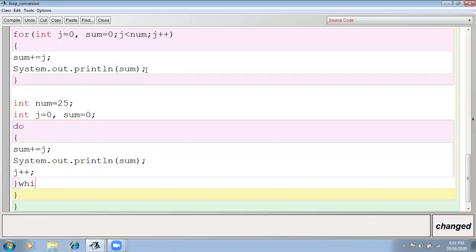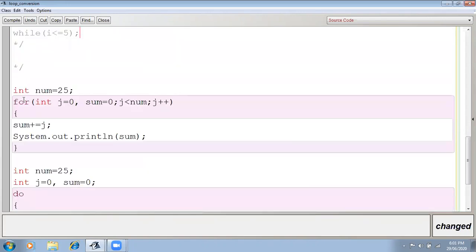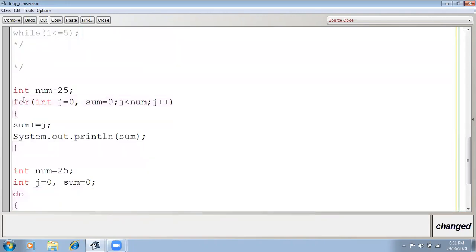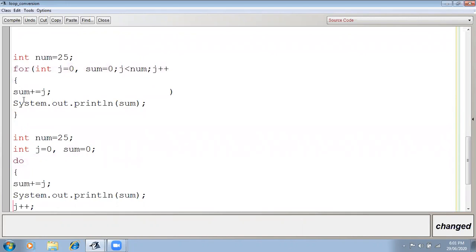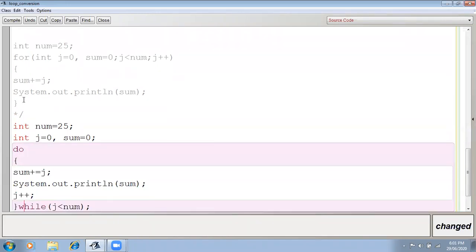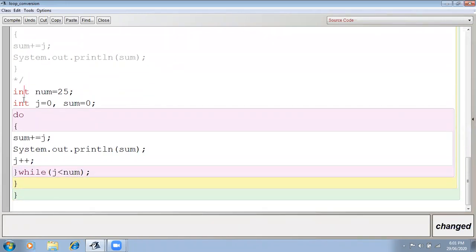So in the while, this is your test condition. Correct? It means we are not doing any special thing. We are just identifying the statements, and according to the do while syntax, we are putting these statements at their correct place. So this is the conversion of the fourth one. Correct?